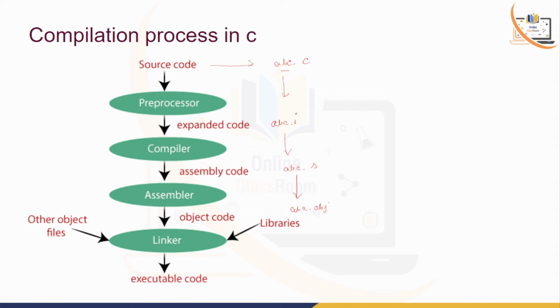After that, an executable file will be generated. Executable file means, if you are using the Windows operating system, this executable file is nothing but abc.exe. Here exe is the extension, and this is the executable file. So we have to run this particular .exe file and your program will run. So basically it is a step-by-step compilation process in C programming. In the next stage,